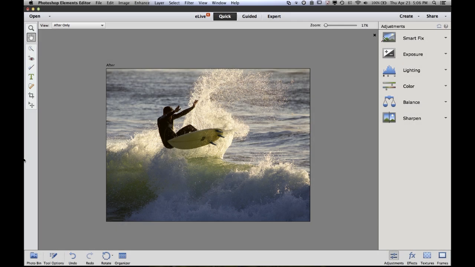Hi there, Bob Gager from Adobe here with a quick tutorial on how to add a watermark to your photo using Photoshop Elements. The first thing you need to do is actually create the watermark that you want to add